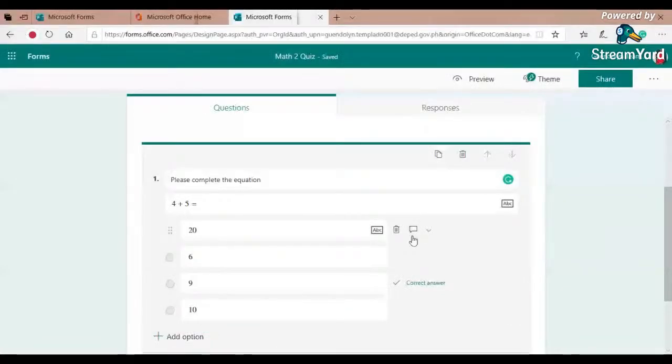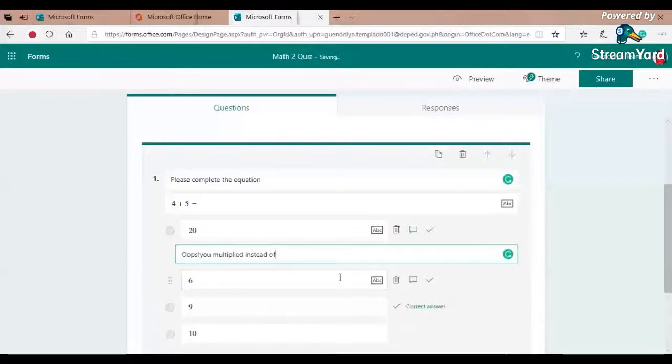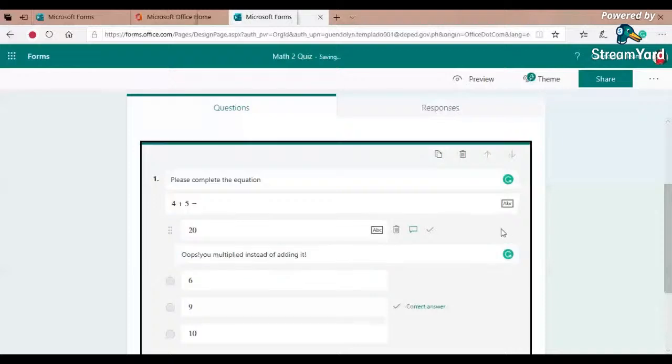Now I will put a message here for this 20, like oops, you multiplied instead of adding it, something like that. When they select 20, there's a message like oops, you multiplied instead of adding it.